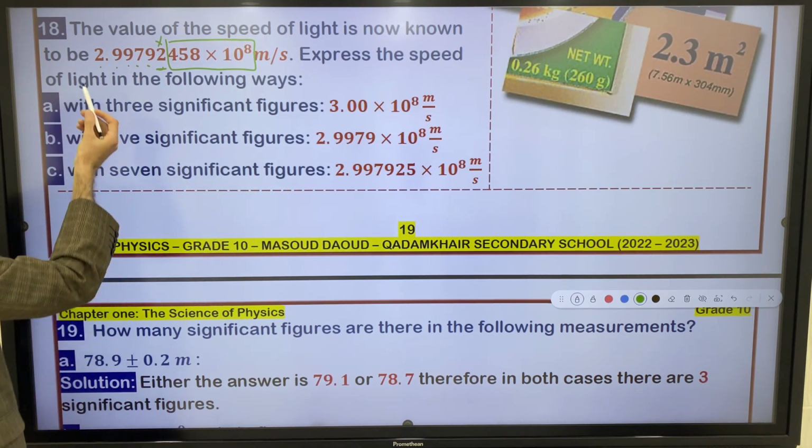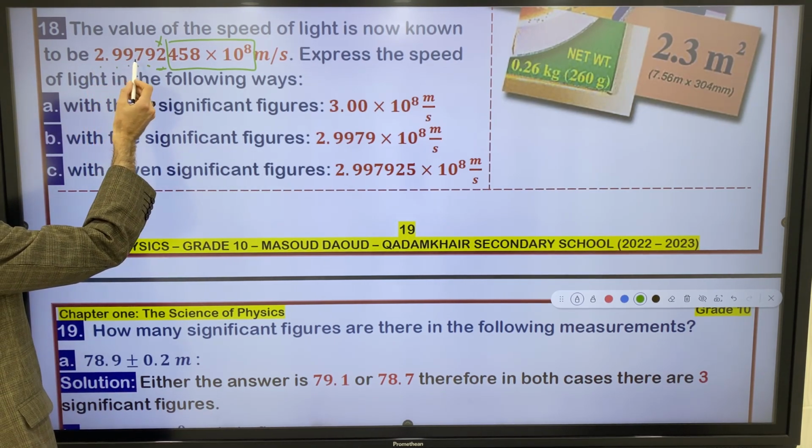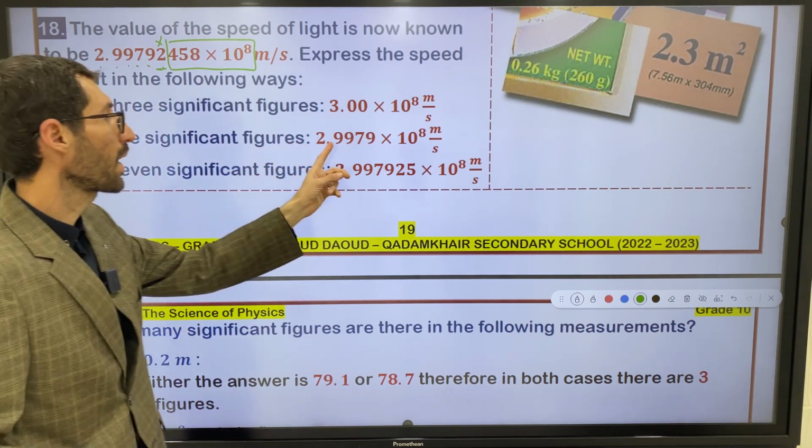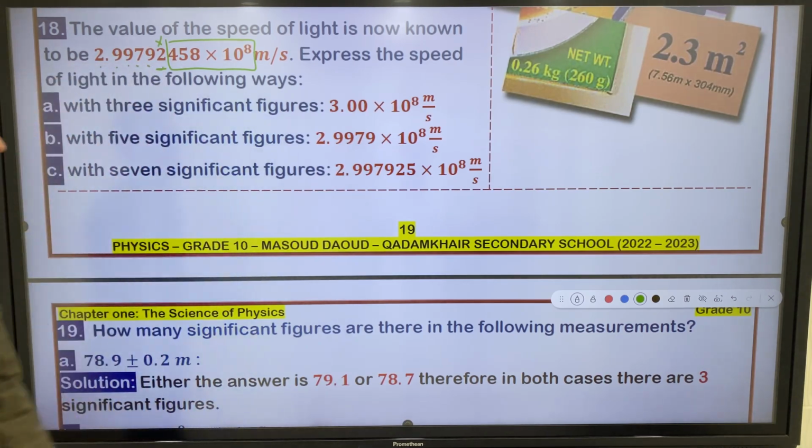Just write the other figures: 2.9979 times 10 to the power 8. That's it. 2.9979 times 10 to the power 8 meters per second. So what do you say about the